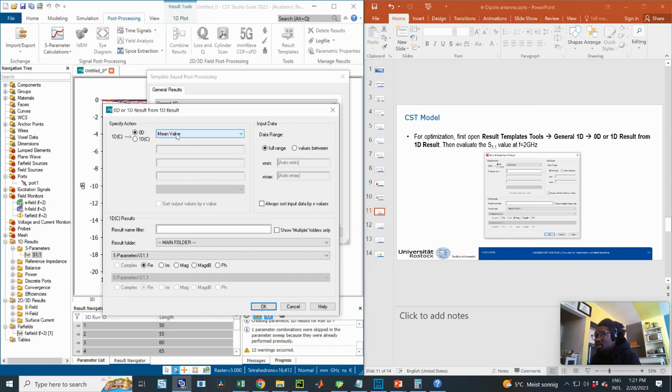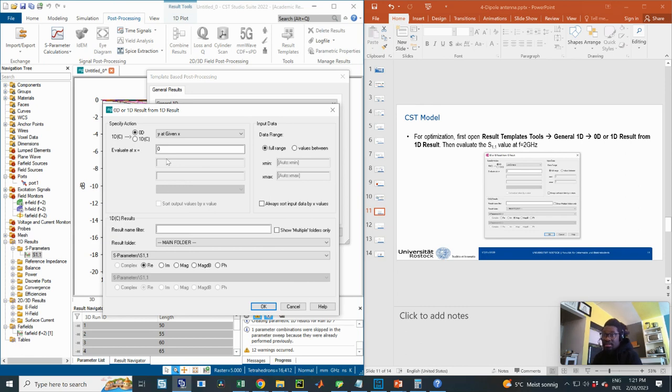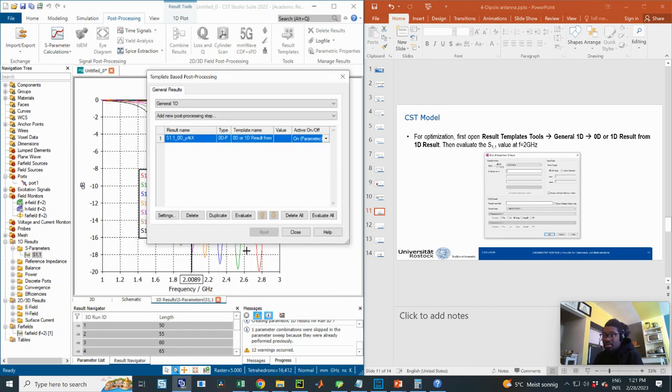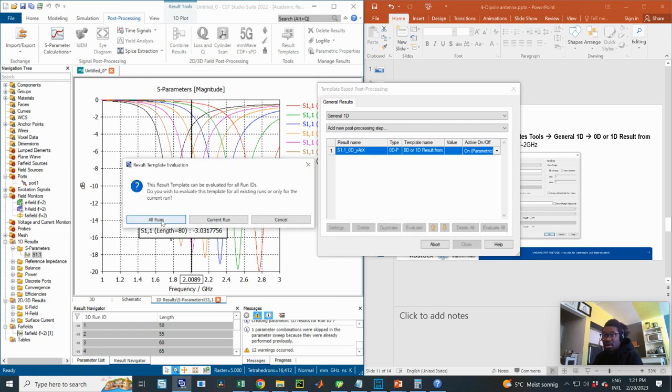So what we want is the Y at a given X. So Y is the S11 parameter and X is 2, your frequency. So we want to calculate Y at 2 gigahertz. What we want is the magnitude, and we could also use the magnitude in dB, and then okay, and then we can evaluate all runs,